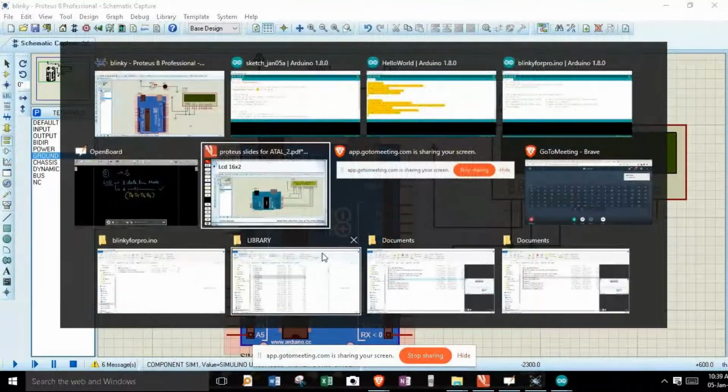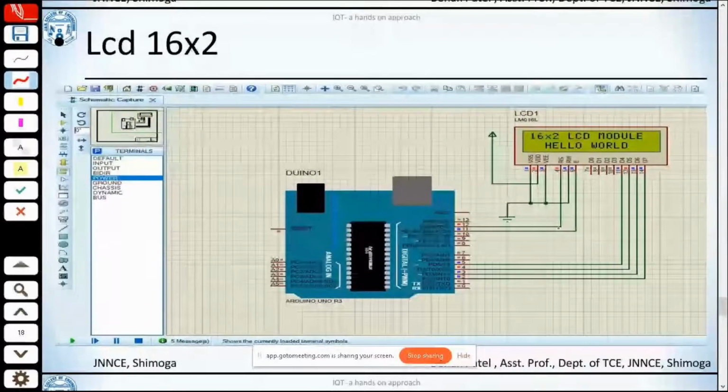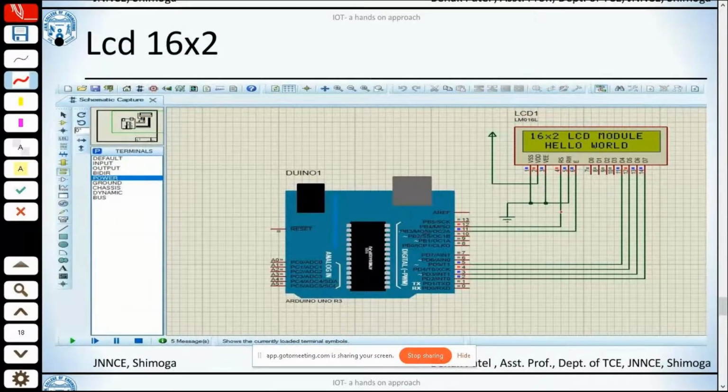So that's how the connections are made over here. All I got to do is connect register select to pin number 12.